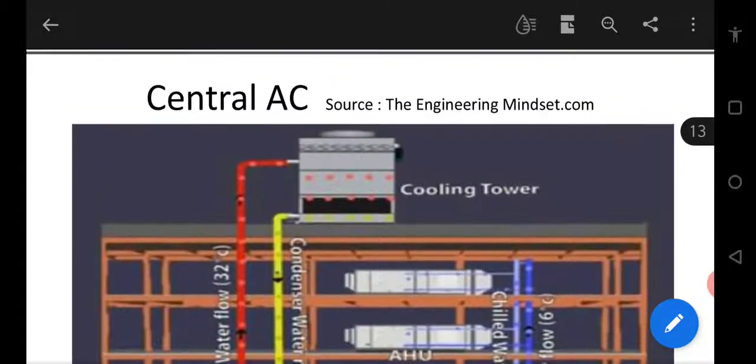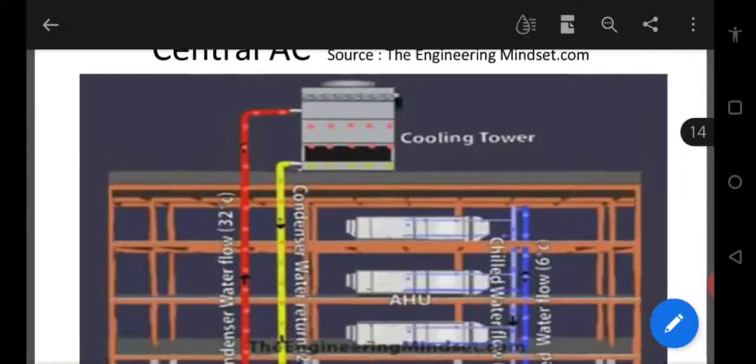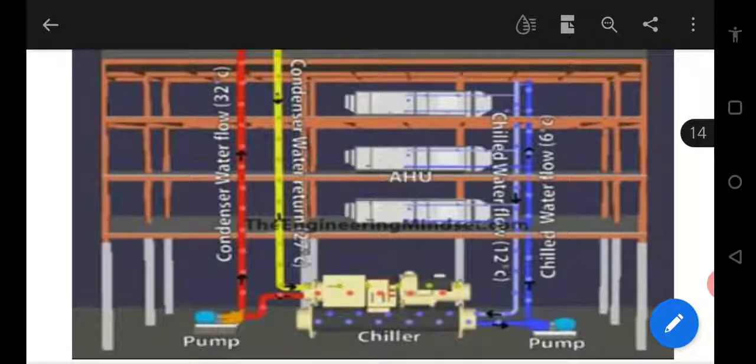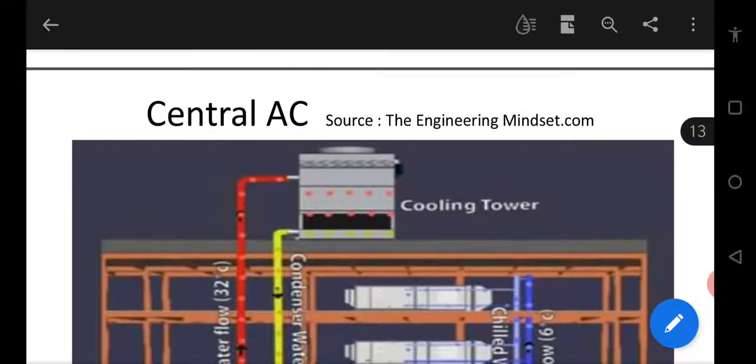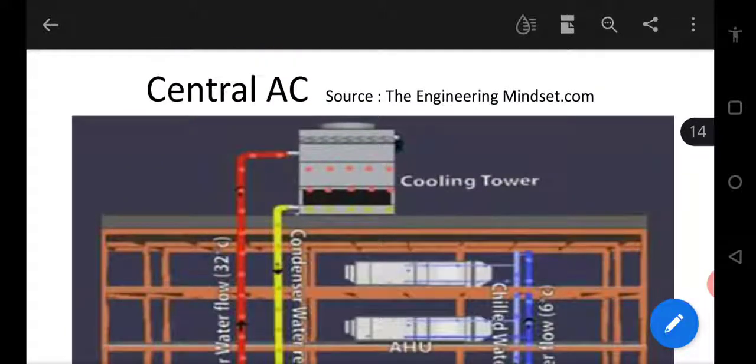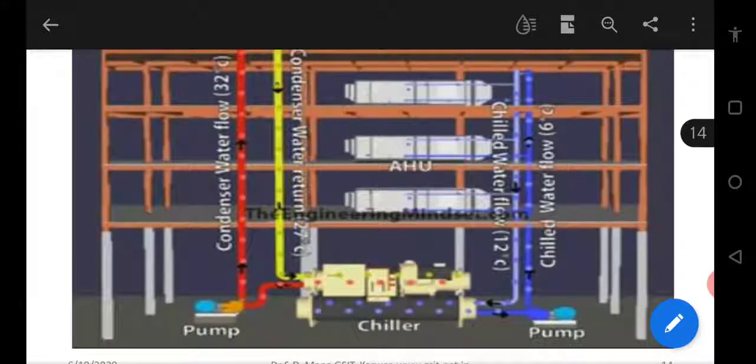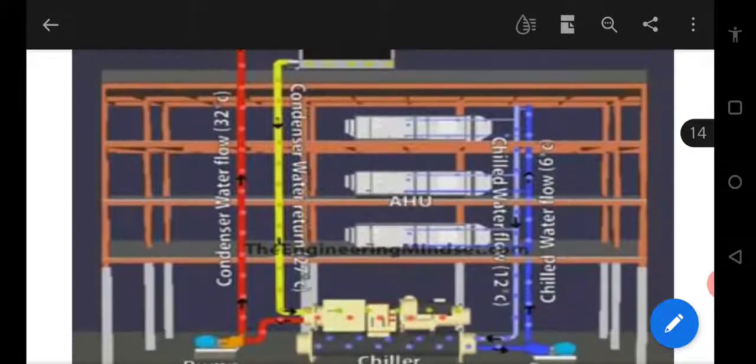Now again we will discuss centralized AC. Most of you are not aware of centralized AC. In the basement of a multi-story building you have something called chillers and pumps. The chiller, as you know, contains the evaporator, compressor and the condenser. Only the cooling tower is kept on the top of the building because it is rejecting heat to the atmosphere. Now this chiller is producing chilled water, say around 6 to 8 degrees centigrade, which is passed through the pumps and goes to the various floors of the building.